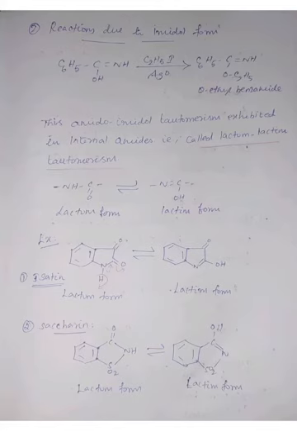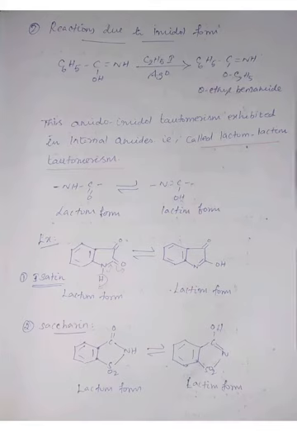This type of tautomerism, amido-imidol tautomerism, is also exhibited in internal amides. What are internal amides? Lactams. A lactam is an internal amide. The tautomerism exhibited in internal amides is called lactam-lactim tautomerism. In a lactam, the NH-CO bond is involved in tautomerism. The CO group is converted to COH.